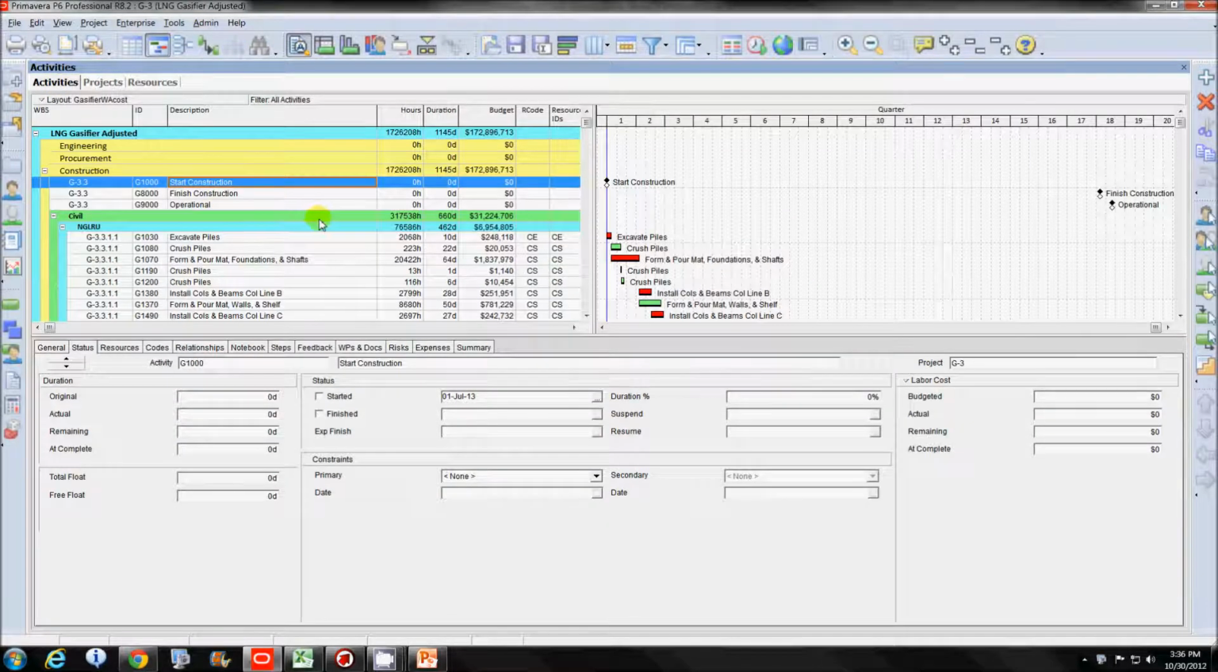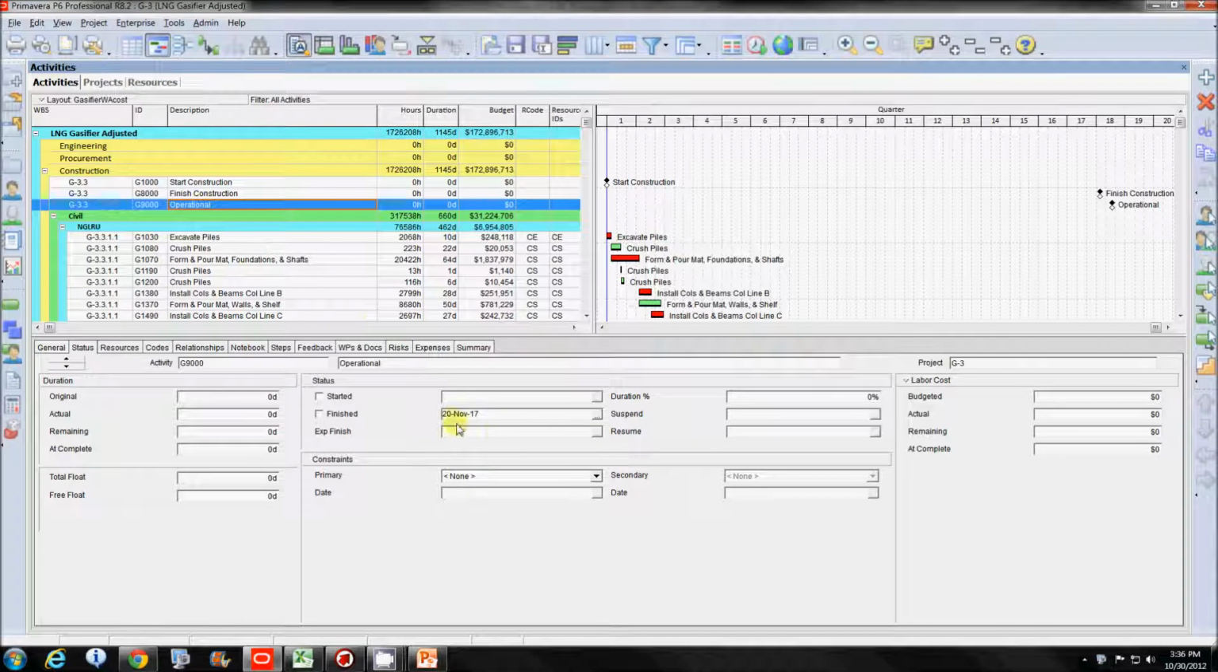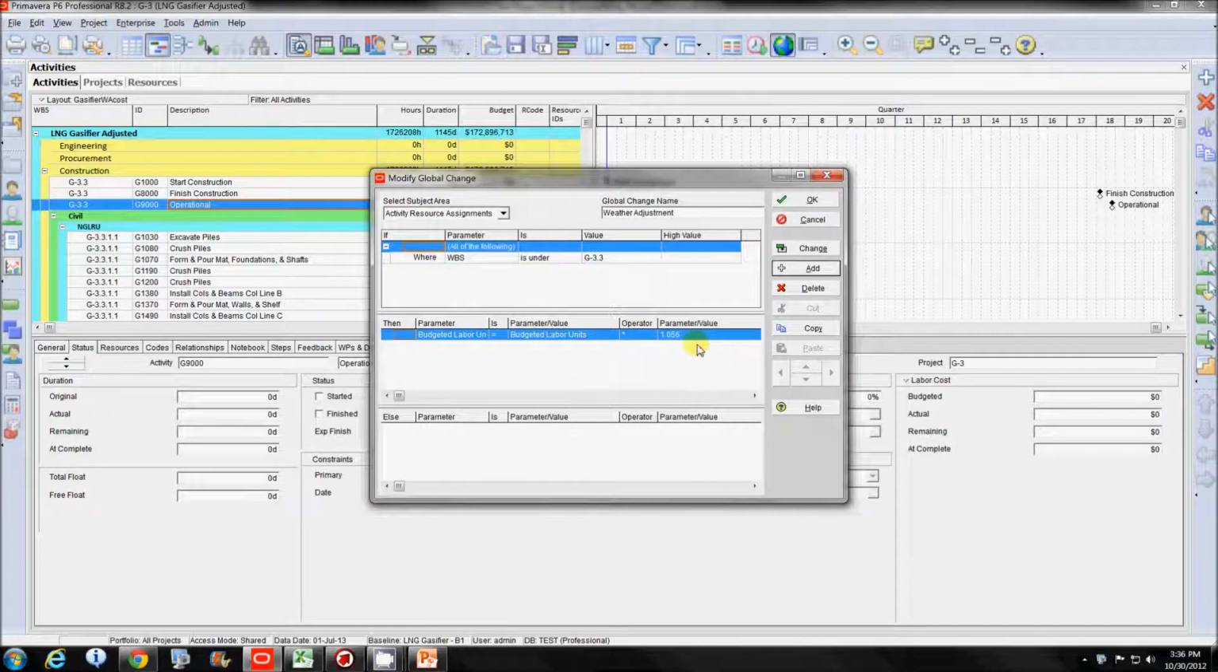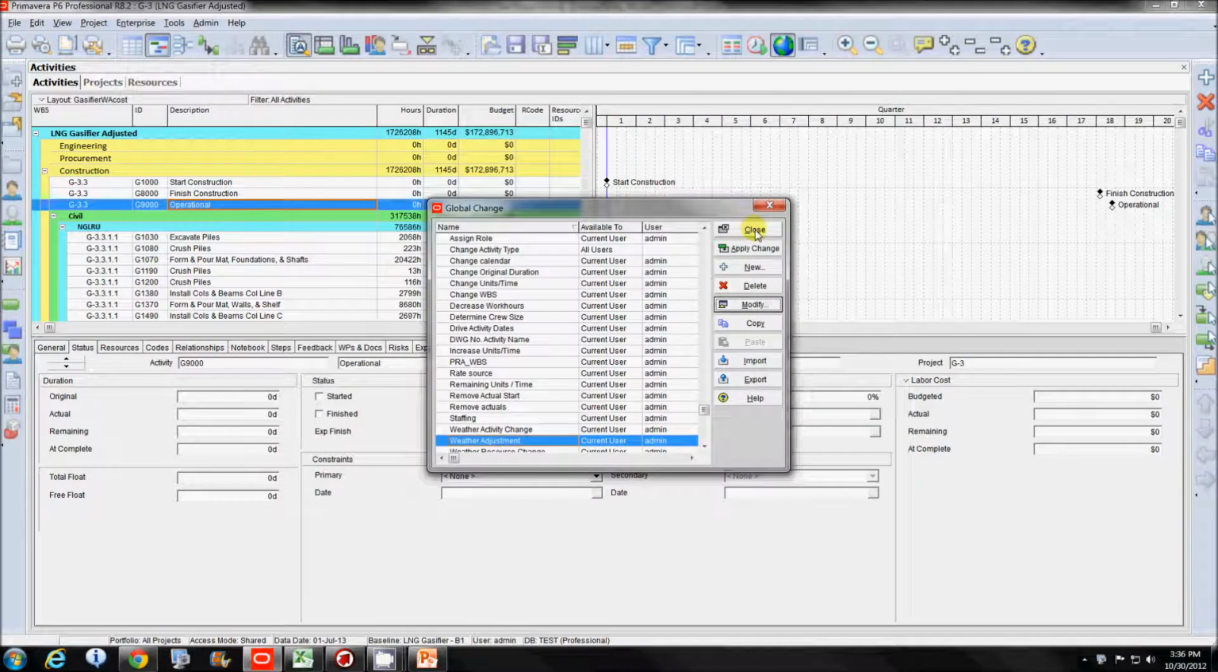And here, what we've done is basically taken the operational date to the 20th November by adding a factor. As you can see in this particular case, it's 1.056 that we would have applied to every activity in here, basically increasing its duration. So this is just one method,